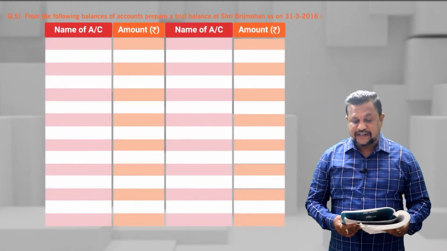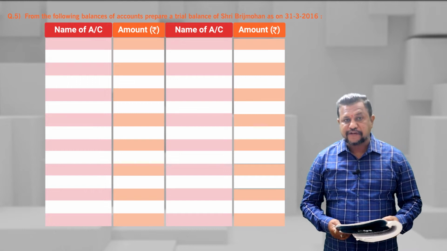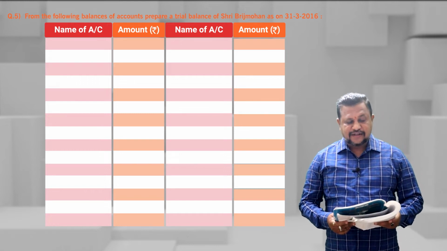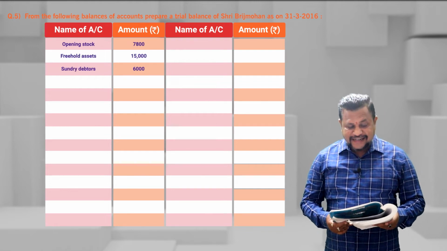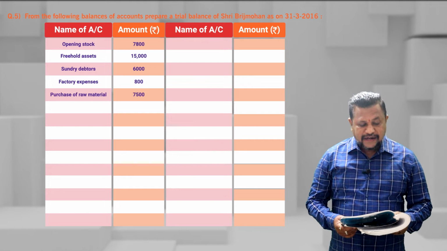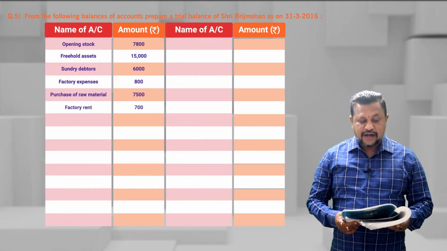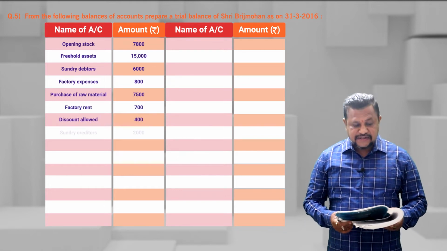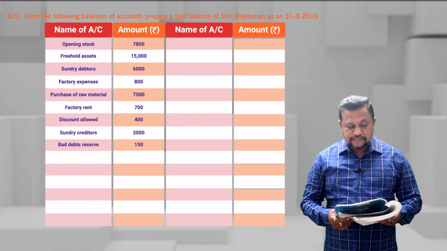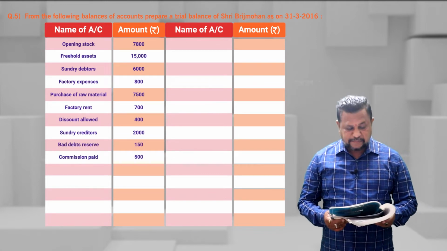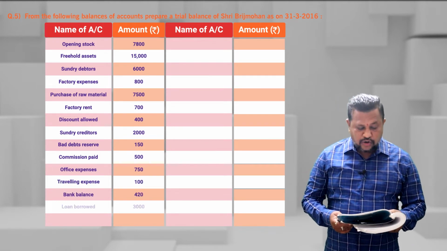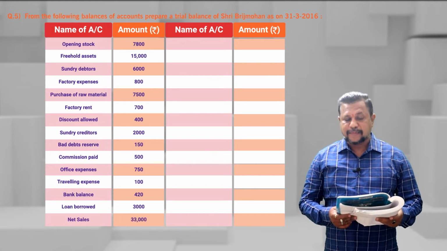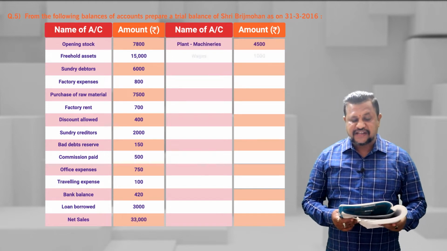From the following balances of accounts, prepare a trial balance of Sri Brij Mohan as on 31st March 2016. They've given opening stock, freehold assets, debtors, factory expenses, purchase of raw materials, factory rent, discount allowed, creditors, bad debts reserve, commission paid, office expense, traveling expense, bank balance, loan borrowed, net sales, plant and machinery, wages,